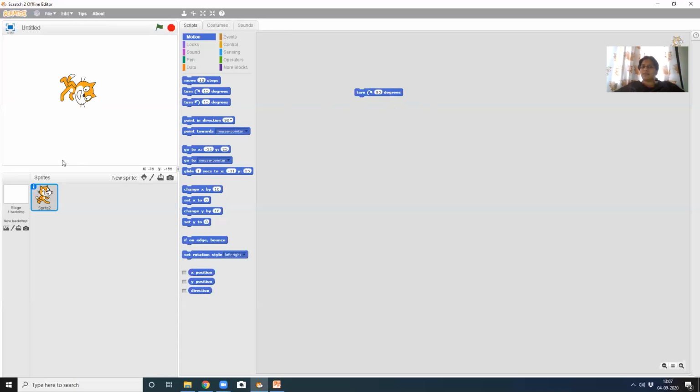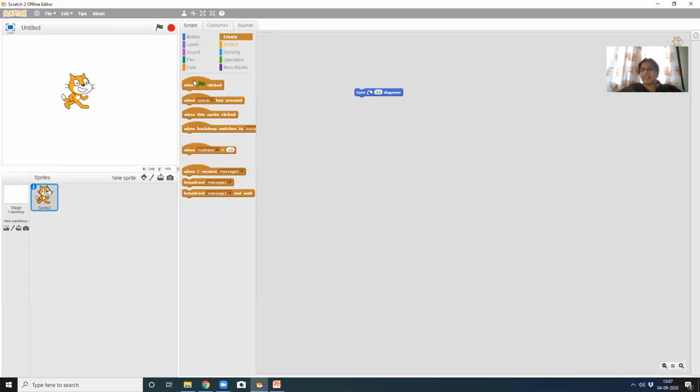See, now the sprite went down, correct? Again, I want it to come towards this right side. Double click again, see? As and when I double click, it turns. So now let's add one twist, an event. I will take this when flag clicked block. Okay, see, now when I click on the flag, it will turn down. So this code means when the flag is clicked, the sprite should turn 90 degrees.